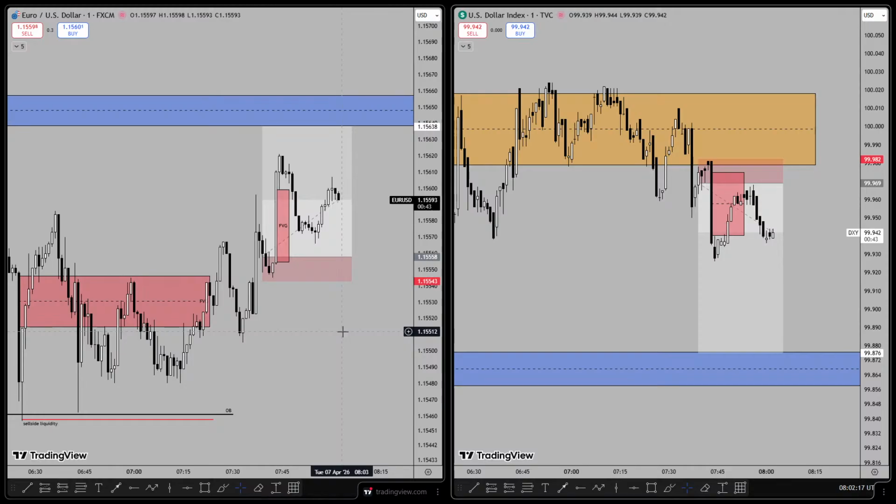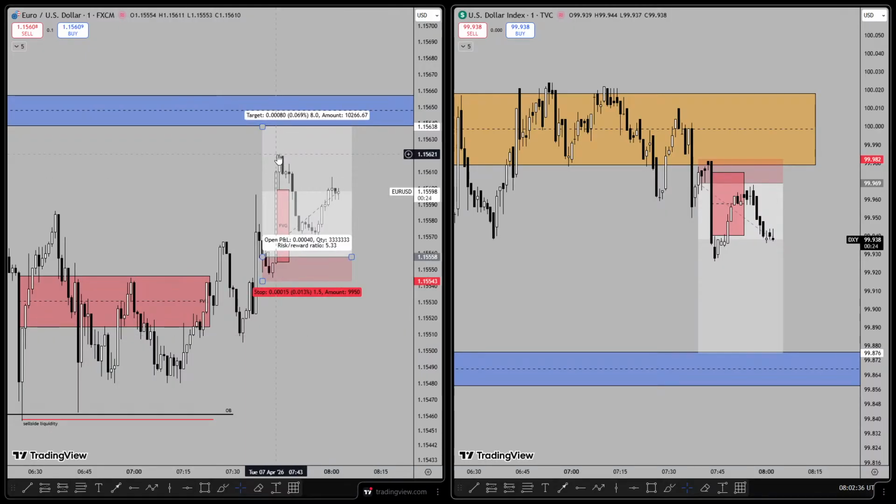So we're currently at 8 a.m. Eastern Standard Time. And I didn't see much of an expansion between 7:50 to 8:10. Maybe that should lead to a draw on liquidity to the high, because within that price range,